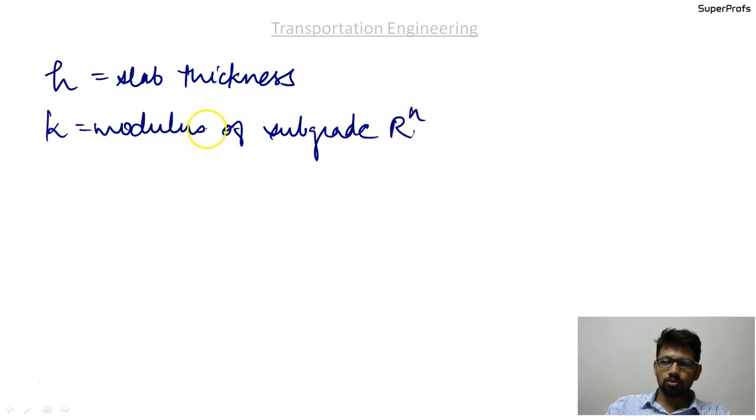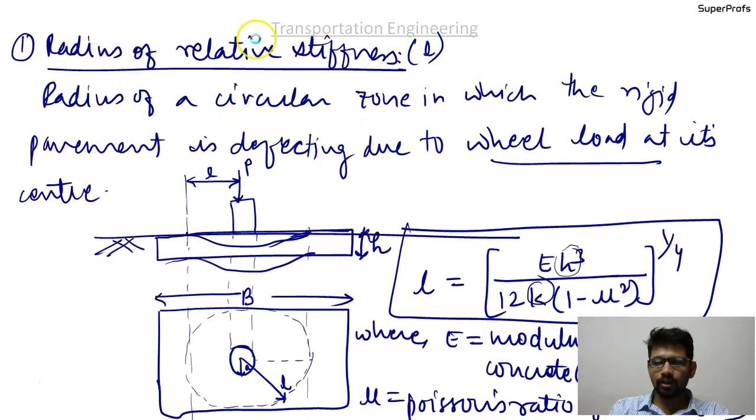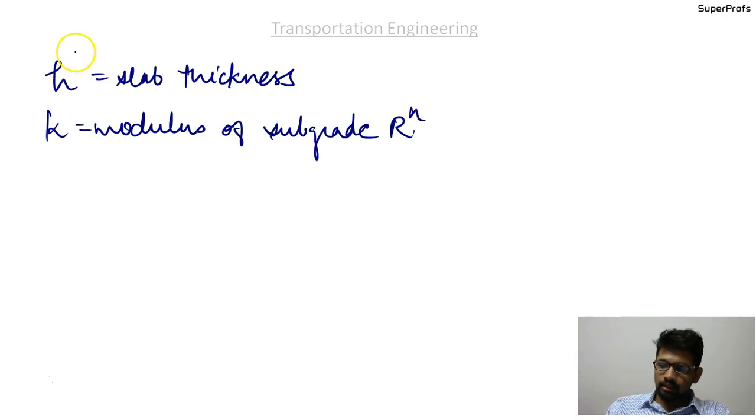Okay, so you need not worry about how to apply these values and in what terms, what units. We will be taking up numericals based on this. For now, please understand the meanings of each of the symbols. There is one more term, that is the radius of resisting section.